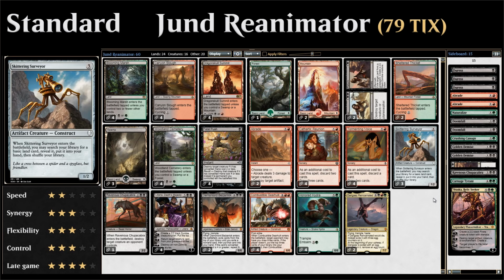Then we have 3 copies of Skittering Surveyor, a 3-mana 1/2 creature. When it enters the battlefield, we get to search our library for a basic land and put it into our hand. So this helps us fix our mana and provide a little bit of incremental advantage as well. And if we play the Surveyor, get a land, we can always discard the land to a Cathartic Reunion or Tormenting Voice and then draw another card instead. So it just provides a nice little bit of card advantage and also provides a chump blocker in case we need